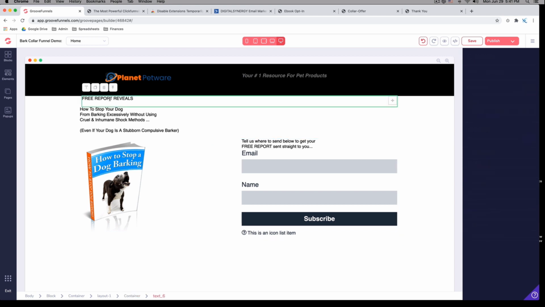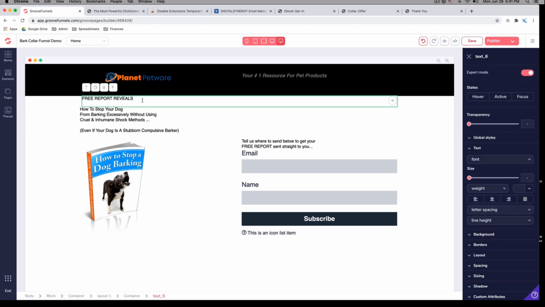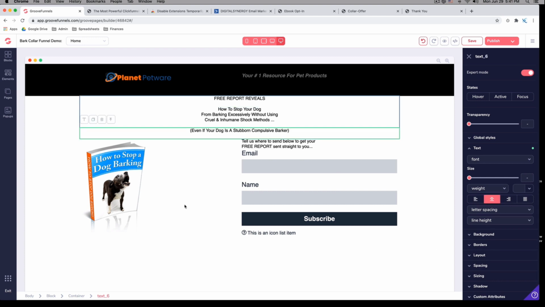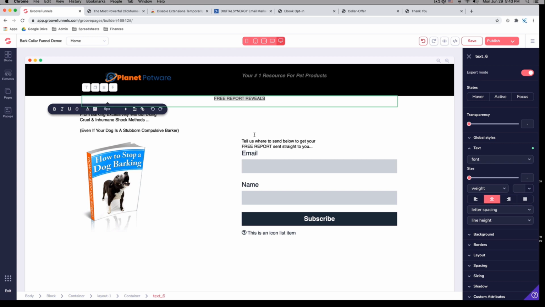All right, so now we want to mess with this area here. So the first thing we want to do is click on the text, and then we want to center the text. And we want to do that for all text areas. And we want to center that. Okay. Next, we want to,